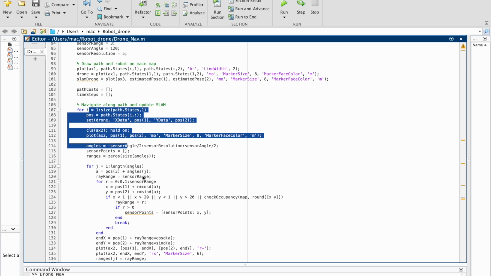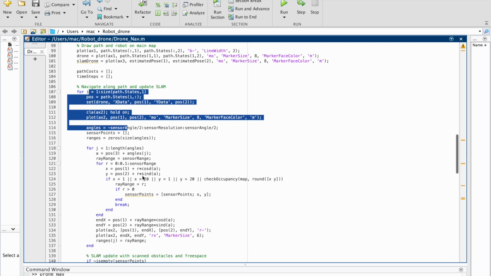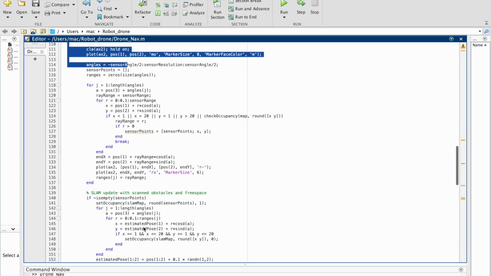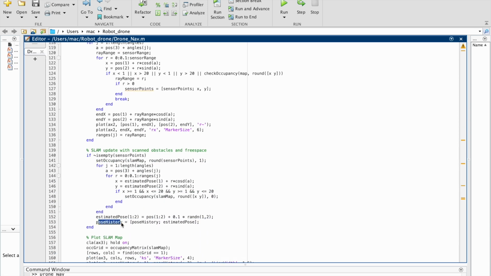A small amount of noise is added to the estimated pose to simulate localization uncertainty, and the pose history is being plotted on the SLAM